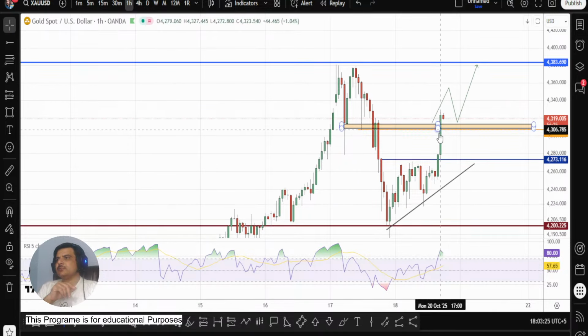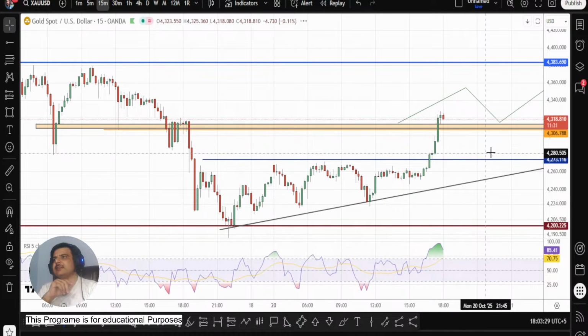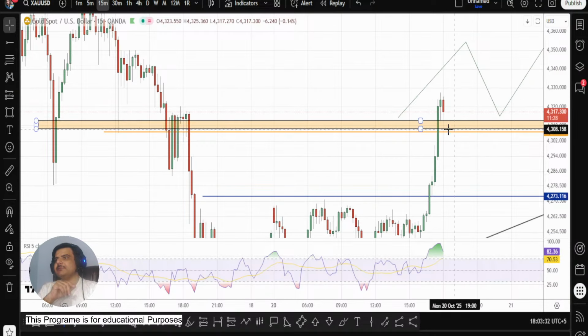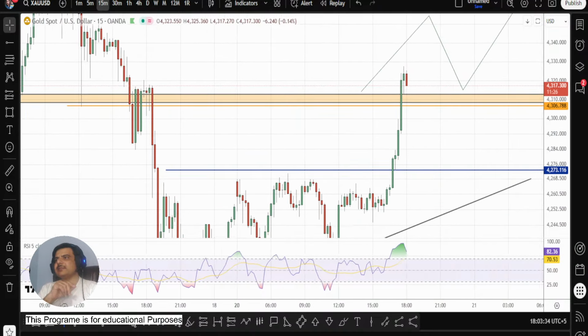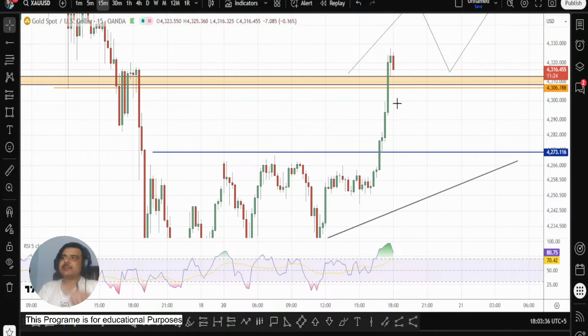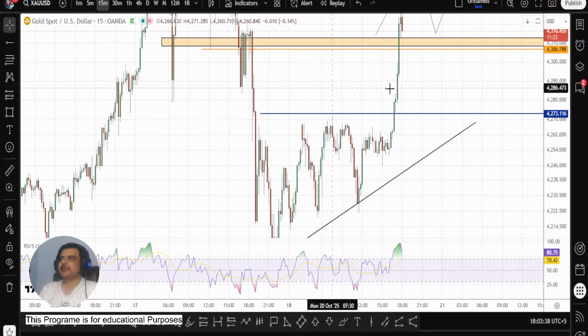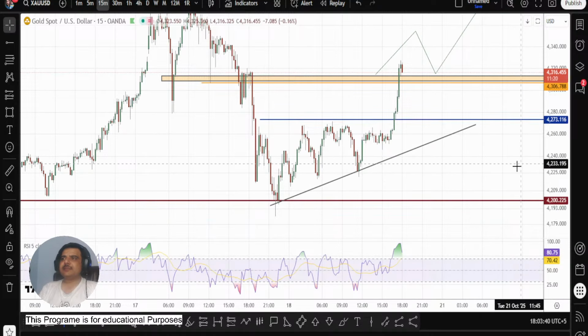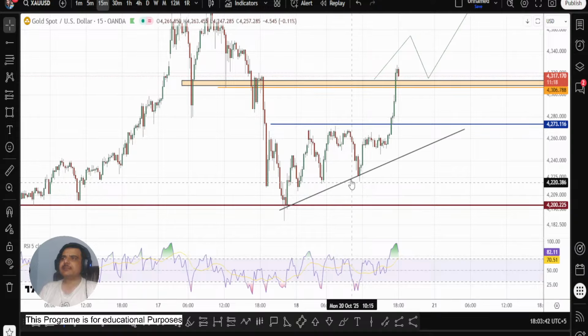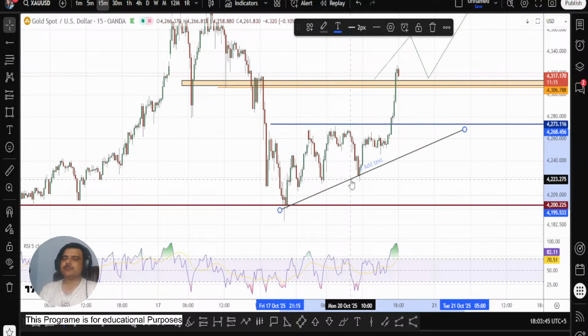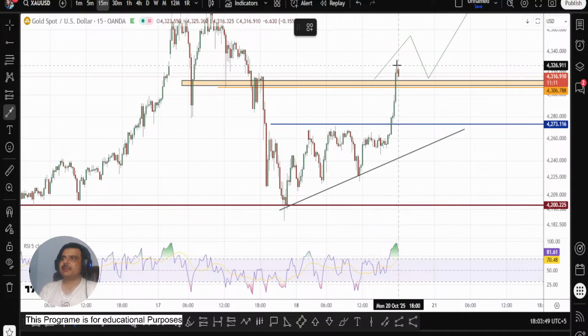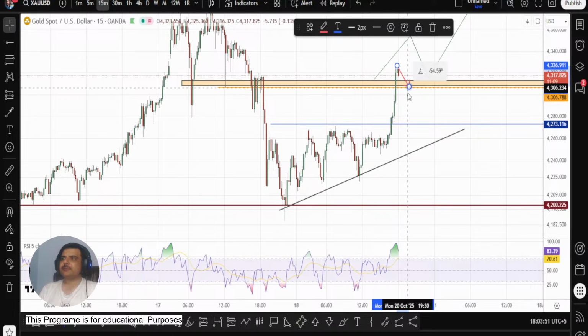So this decision point is very important for me, because if I see any M15 candle closing below this as an engulfing, then the situation can be like this. Still, I will not be selling the market, but I can say this trend line will obviously be with me. And then I will first be observing this level for a breakout.